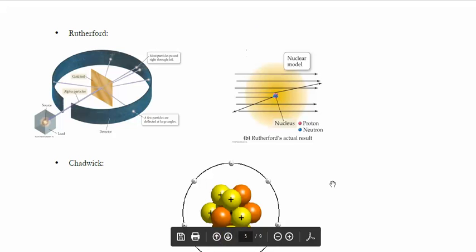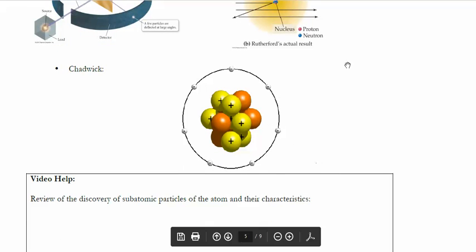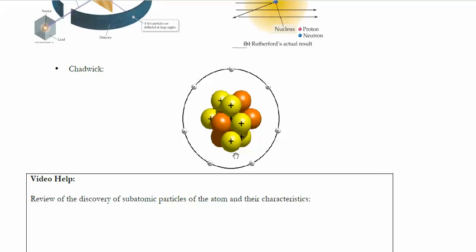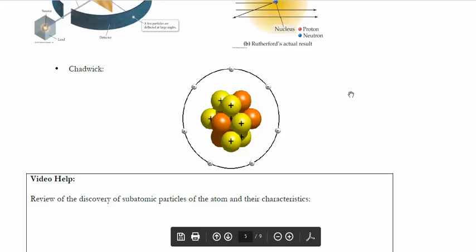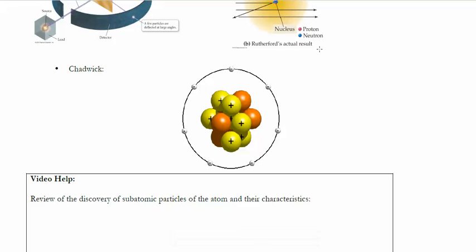And finally, Chadwick came along and he discovered neutrons. So at this moment, we've got the nucleus with protons and neutrons. Protons are positively charged and neutrons are neutrally charged. And then the electrons are outside of the nucleus. Now, for the moment, we can say that they're orbiting the nucleus, but as you'll learn in future chapters, that's actually not what they're doing. But remember, while all of the mass is found in the nucleus of an atom, the majority of the space that's taken up is actually just empty space.